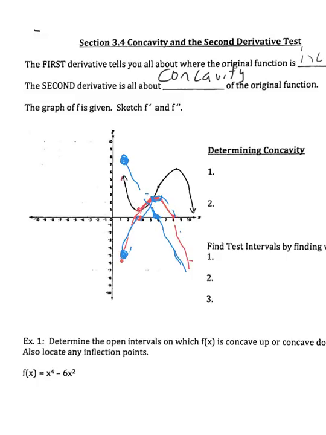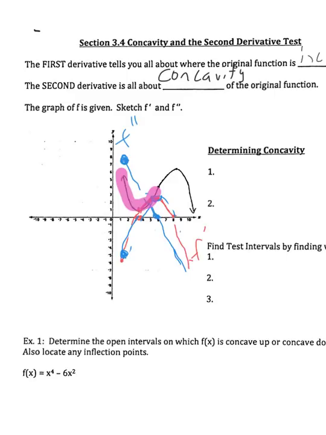Okay, so blue is f double prime. Red is f prime. All right, now I want you to look, okay? On the original function, right here, the graph is concave up, where I just highlighted. Look at f double prime over that interval. Look at f double prime, all these blues, if you will. All those blues